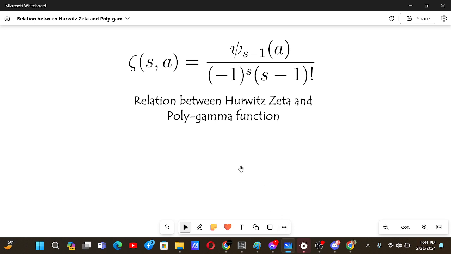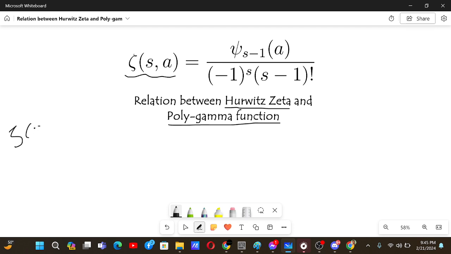Relation between Hurwitz zeta and polygamma function. First of all, let me define these two terms, Hurwitz zeta and polygamma function, if you are not familiar with this. So this is basically the Hurwitz zeta function, and this is defined as Hurwitz zeta of s comma a